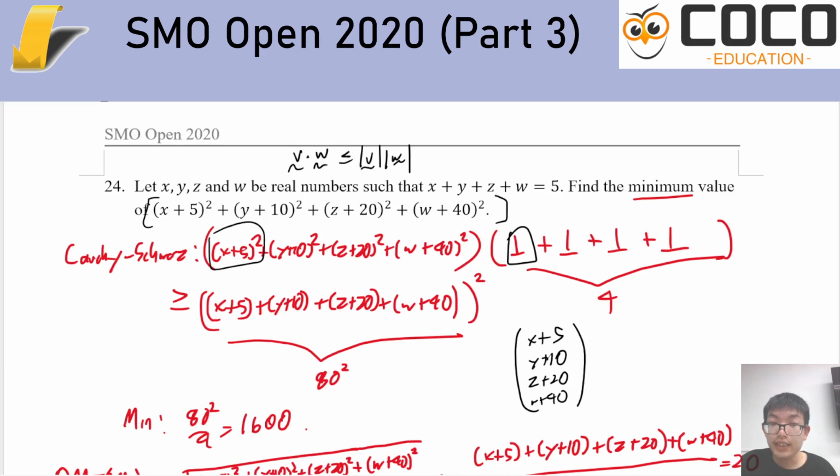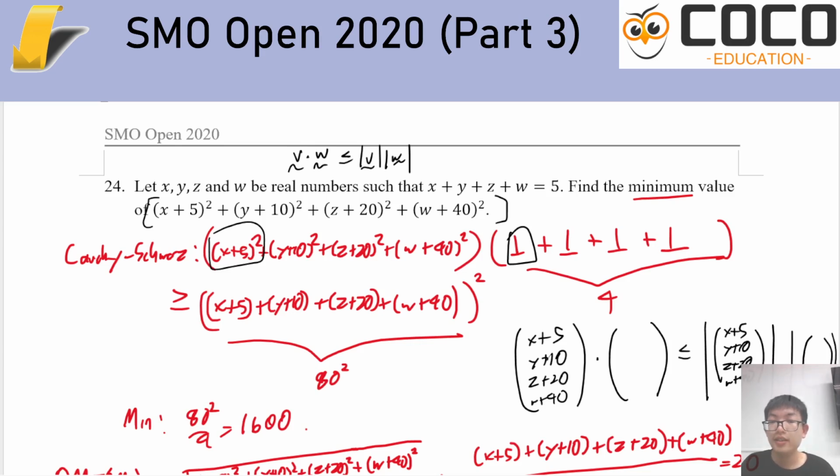So we are saying that this dot with something is less than or equals to the modulus of this thing, and the modulus of the other thing. Your choice of the other thing could be any vector, but you need to make sure that this must be possible to compute, because